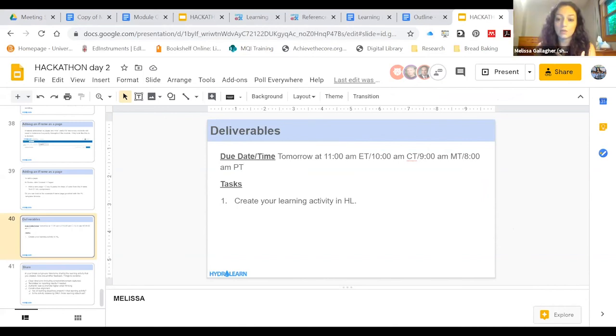Christina has a question in the chat. She asked if anyone has embedded an ArcGIS story map with an iframe. Jenny, do you have a recollection of how Belize tried to do that, embedding Esri's story map within HydroLearn? I think it did work. Yeah, I think she's got it embedded. If you look in her module, is Belize on? She might be here.